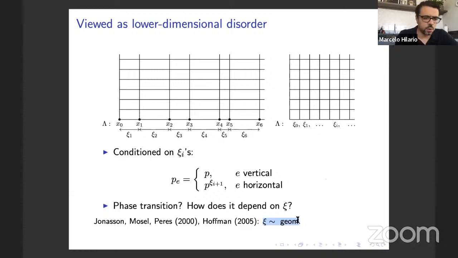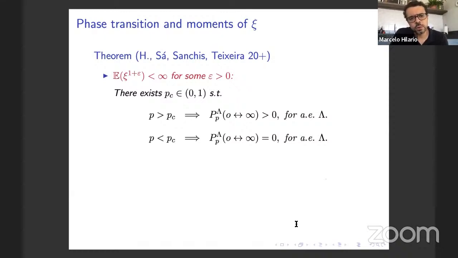So we want to let go of this geometric setting where the spacing is geometric, and really study how the amount of stretching, or the moments of this random variable, interfere in the presence or not of percolation, right? So our theorem, together with Augusto, Remy Sanchez, and Marcos Vinicius Sá, is the following one. It says that if the tail of this stretching random variable decays sufficiently fast, meaning that the moment of order 1 plus epsilon is finite, then the usual phase transition